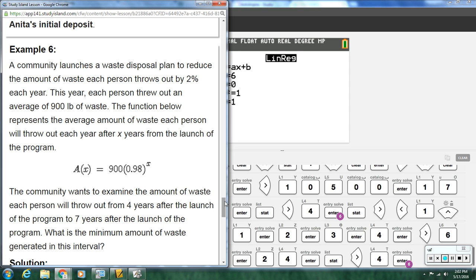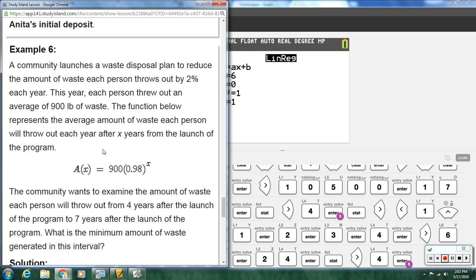This year, each person threw out an average of 900 pounds. About every person in here threw out 900 pounds of garbage. How much would that be? 900 pounds. Which is the reason why we have all these recycling programs. All right, the function below represents the average amount of waste each person will throw out after, this is key, x years from the